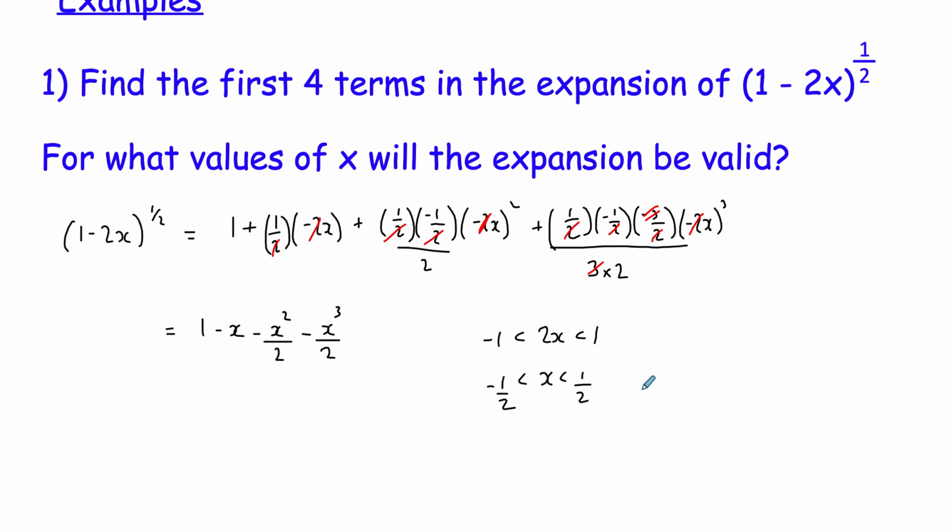What that means is we can use this expansion to approximate values of this expansion as long as x is between minus a half and a half, because that is what will make all these bigger powers be really close to 0 and not contribute much to the approximation. So if we go to the next slide now,